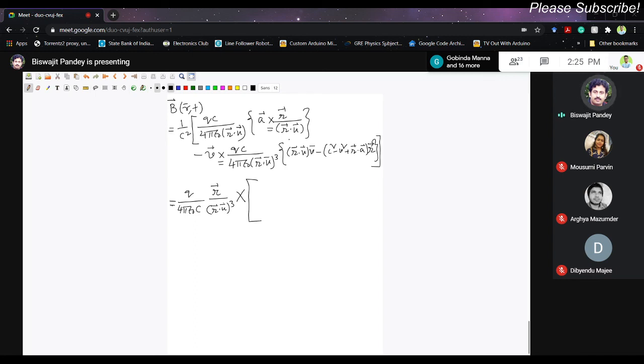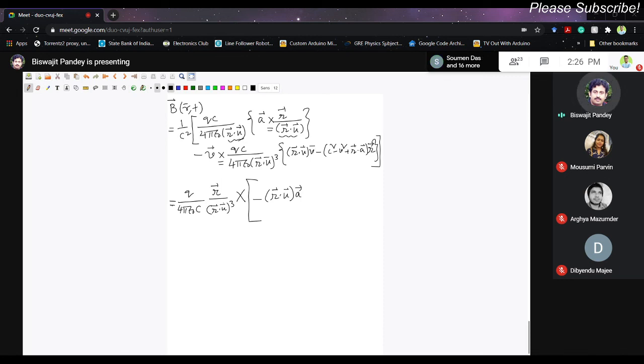From the first one, what do we get? We had A cross R, so it will become minus here. We had R dot U whole square. You see R dot U, that was R dot U square. We have taken R dot U cube common, 1 by R dot U, so I have to multiply with an R dot U. The numerator is A, it was A cross R. Now I'm writing R cross A, so that's a minus sign here, minus R dot U into A. If you have any doubt, stop me anywhere. If you have any problem in following the steps, you can stop me anywhere. So R dot U into A.